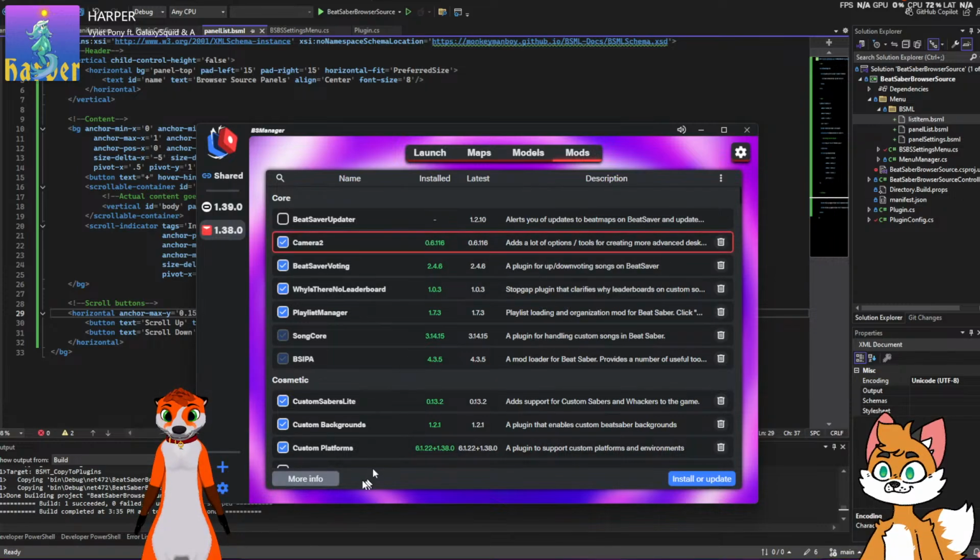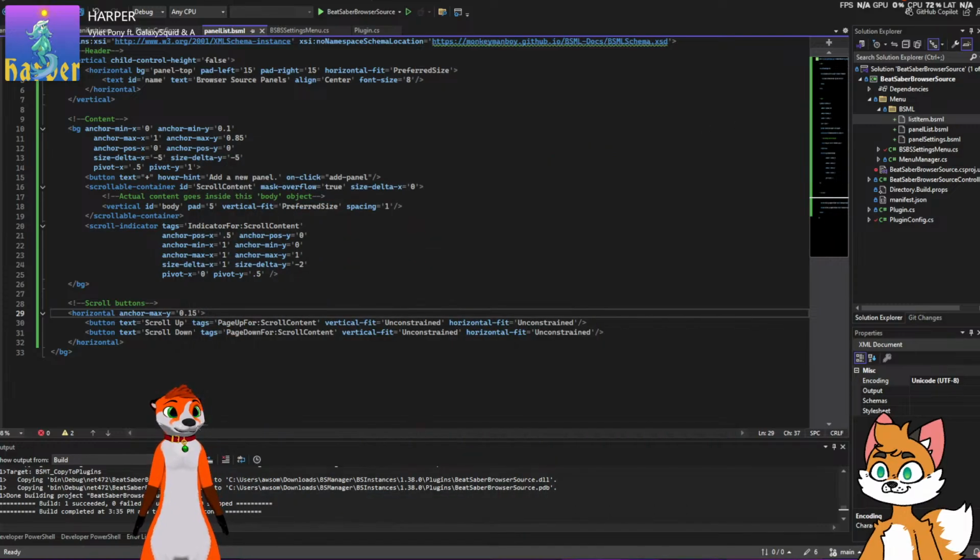mods, camera 2. More info to open that up over here. Let's have a dive into your code. Anyways, views. It is BSML. Nice. So that'll be good to look at. I think really probably most any mod uses BSML at this point, because